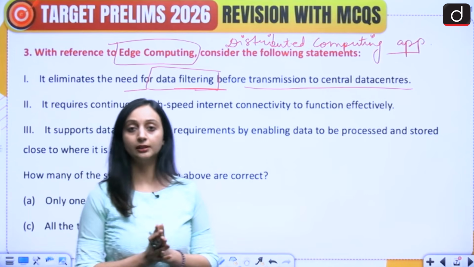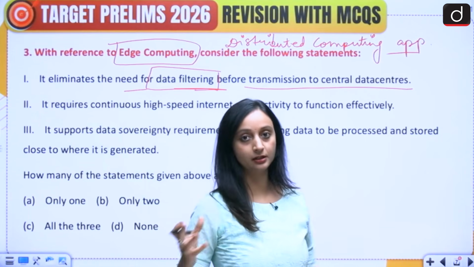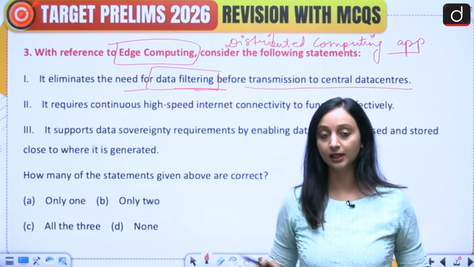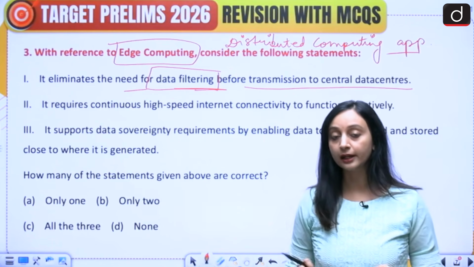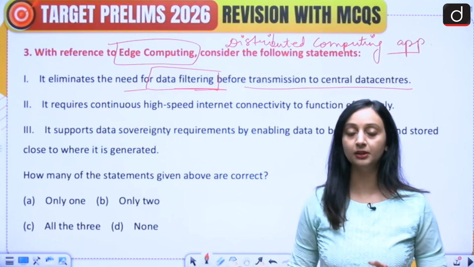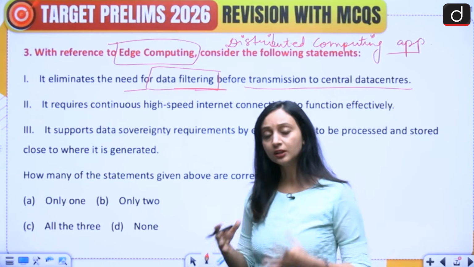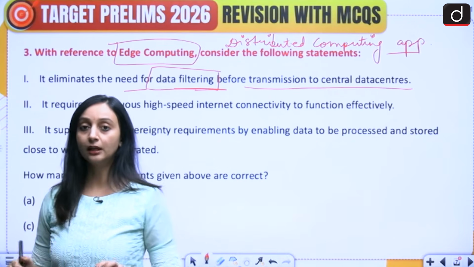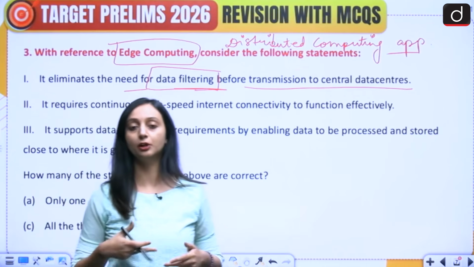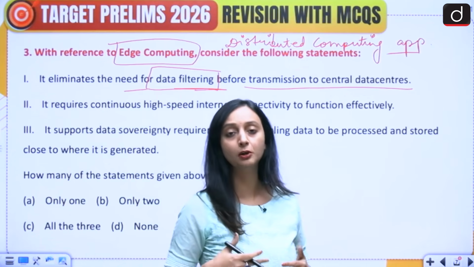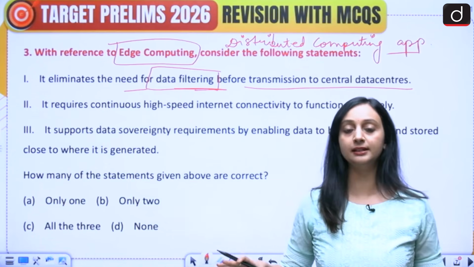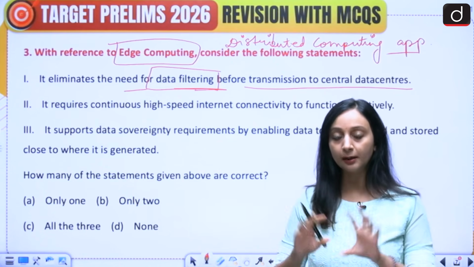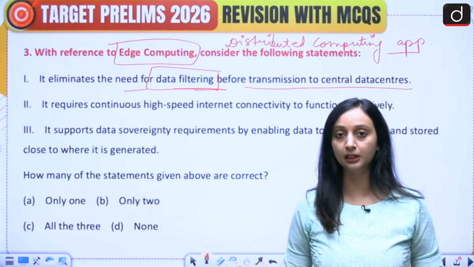For example, if you take the case of a CCTV camera located in your society, it is active 24/7. It is capturing everything, but is all the data important for us? If some incident takes place, is all the data important? No, we would only want to focus on the data where some movement is happening, movement of vehicles, movement of people, movement of anything. If absolutely no movement is happening, that empty data is not really of any use to us.